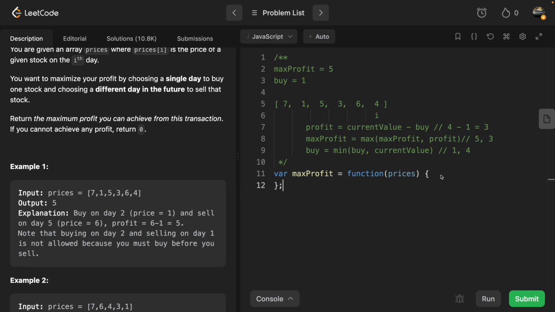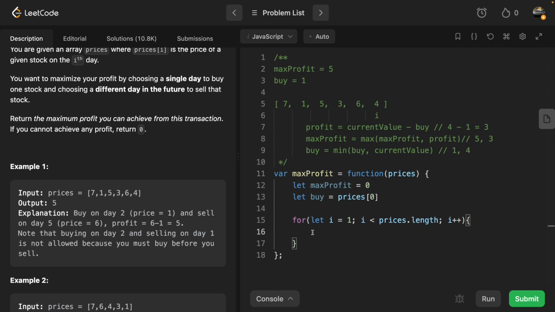Let's write our code. Here I initialize the max profit with the value 0, and the buy with the price at the first element. For the loop, we start looping from i equal to 1 and i smaller than prices.length, which means we loop through the entire array, but we start from the second element, or index 1. And here we grab the current cell, or the current value, which is prices at the ith index,